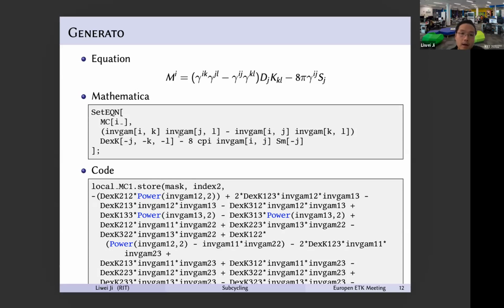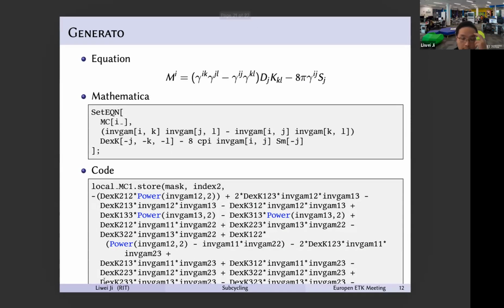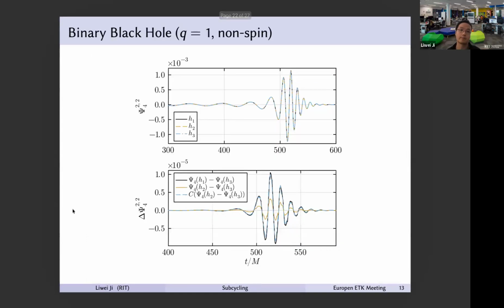If you have an up and a down index which have the same index, then they will basically contract, and they will translate into the sum. So yeah, basic contraction. That's how the code looks when it's translated into the C functions. And yeah, with that, we implement